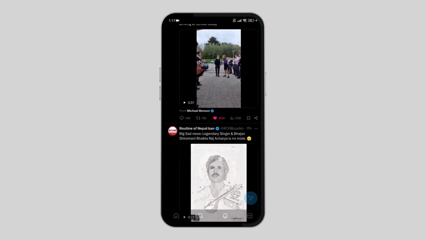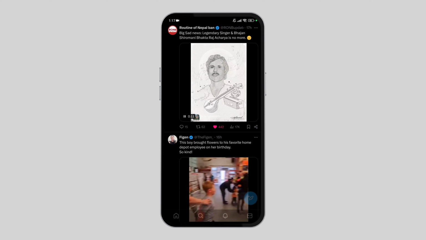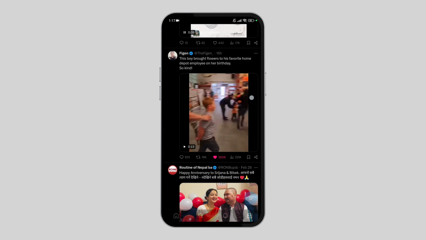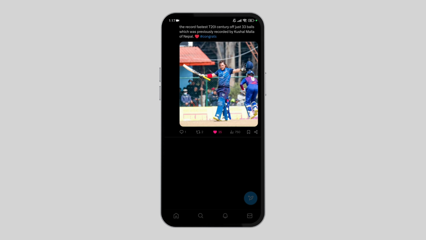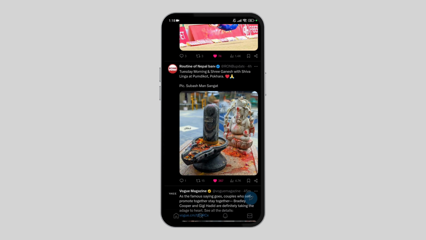Now in order to remove them, go to a post that you want to remove the like of and simply tap on the red heart. Tapping the heart means you are liking it, and if you untap the red heart, that means you're unliking it. So this is how you view your own likes as well as remove them